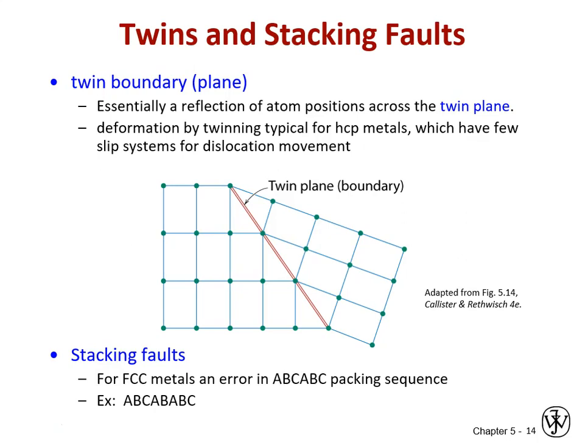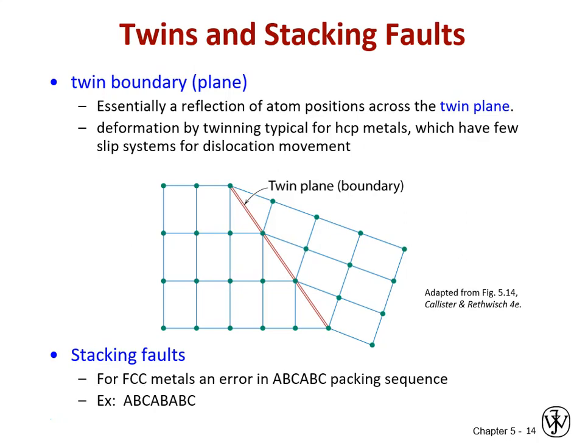And you would have the AB sequence in hexagonal. So if you intersperse those, if you had a couple of layers of AB in an otherwise ABC stacking sequence, then you would have what's called a hexagonal close packed stacking fault in a face-centered cubic structure. These are obviously planar because it's a whole plane, it's a whole stack, but it's very low energy. Things are not too far off their equilibrium position,